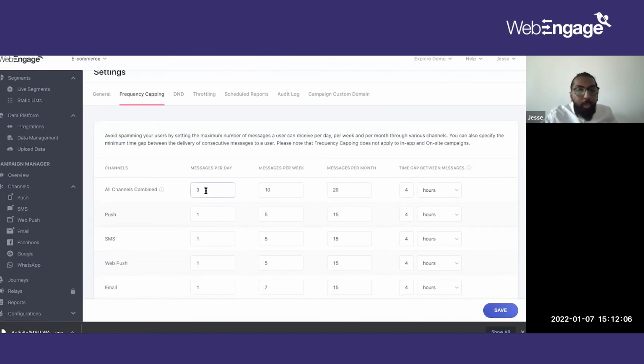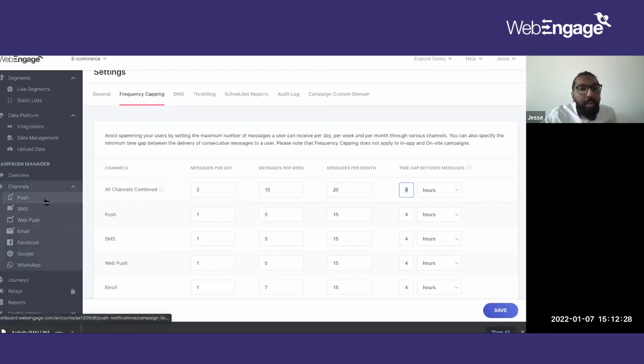You can set your messages per day across channels, messages per week, messages per month, and also the time gap. I would say it's important to maintain at least a 2 to 3 hour gap between each message that a user receives. If you want to send multiple messages, feel free. If you want to send them across times, it's fine, but there should be a time gap between messages.